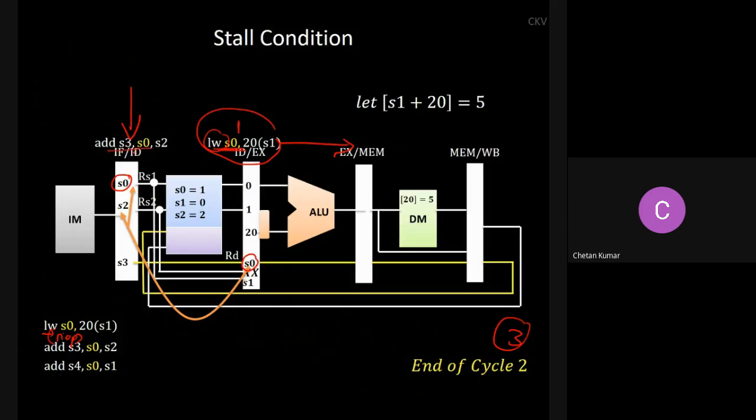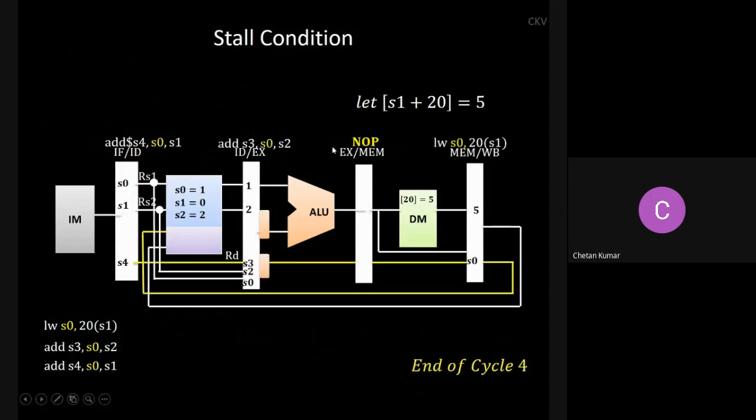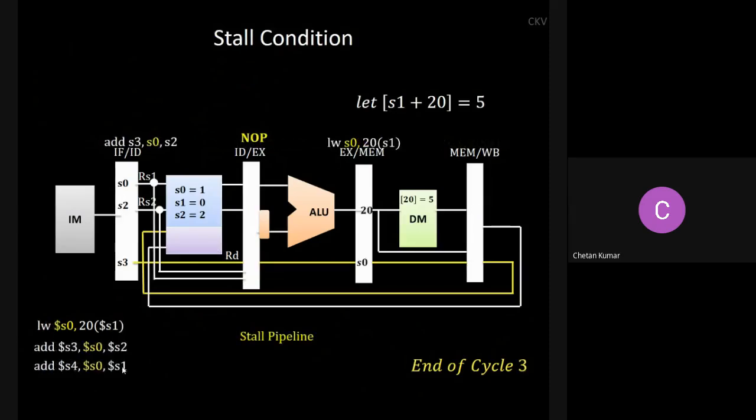and this instruction will stay back here. Now there will be an empty slot here, so that I have to fill up with some information which is equivalent to NOP. Okay, so that is what you mean by stall. So if this condition is getting satisfied, you see that load instruction is moving to the next pipeline stage, whereas add instruction will remain at the same